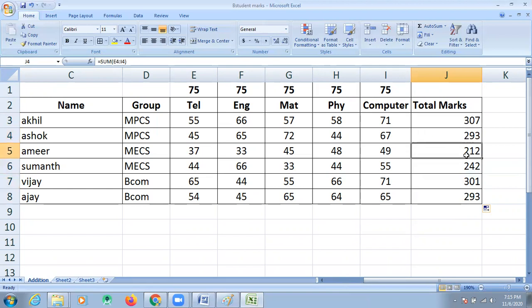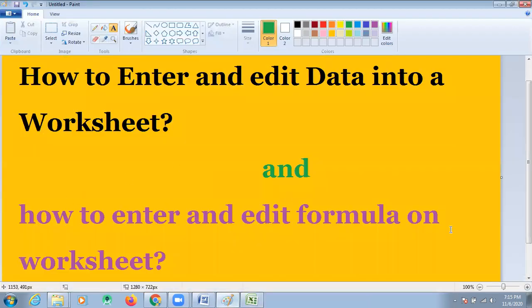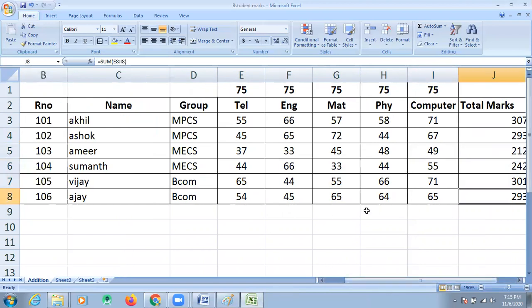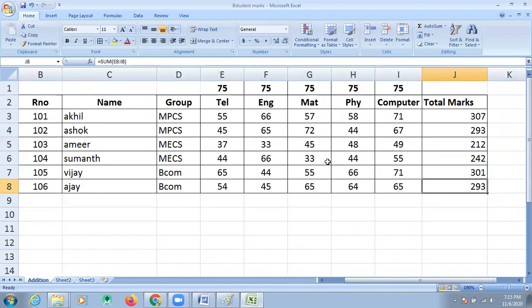Okay, students. If you want to write the answer to the question, how to enter and edit a formula on an Excel worksheet, you must draw the table before calculating the total marks. Before calculating the marks, you enter the data.